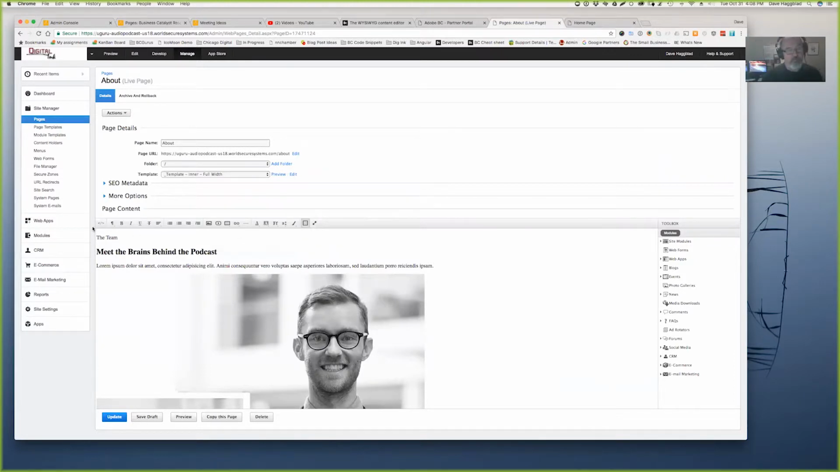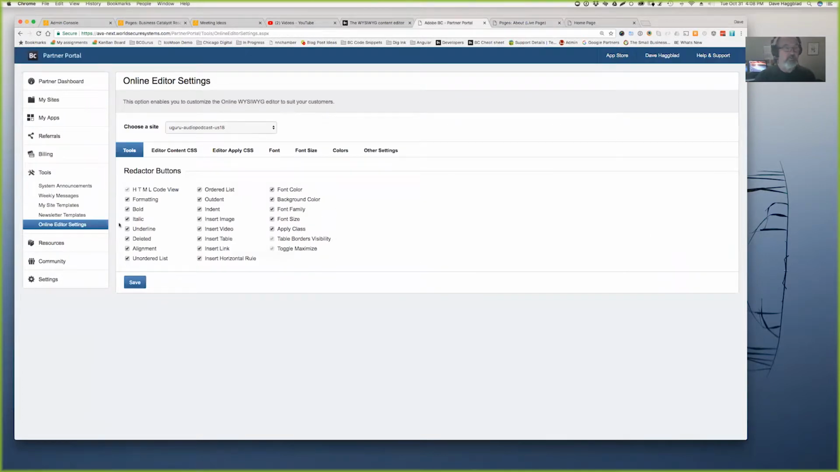So what I like about this is I can change this toolbar. I'm logged into my partner portal, and you go to Online Editor Settings, and then you choose the site you want to work with. And so site by site, you can change what your end client can see or even what you can see. So from a redactor buttons perspective, you can turn on or off formatting, bold, italic. You can see all the ones there. So let's just say I never want my clients to insert a table. So if I just uncheck that,